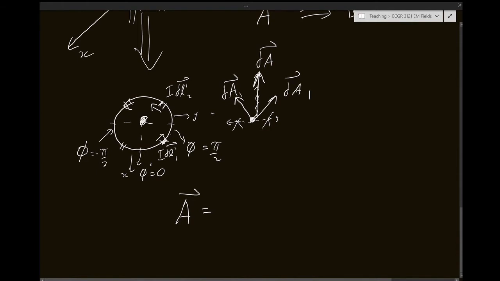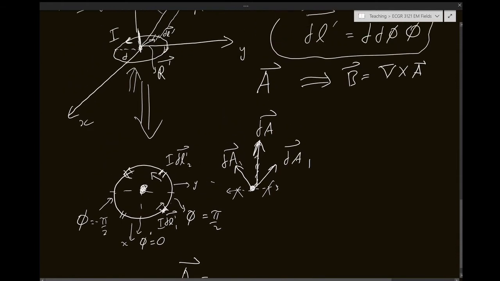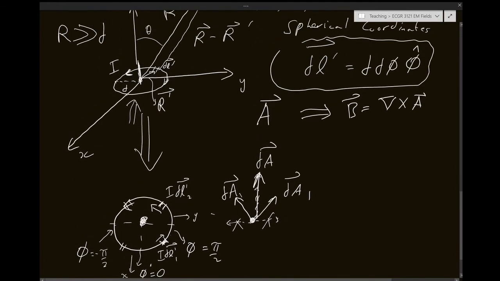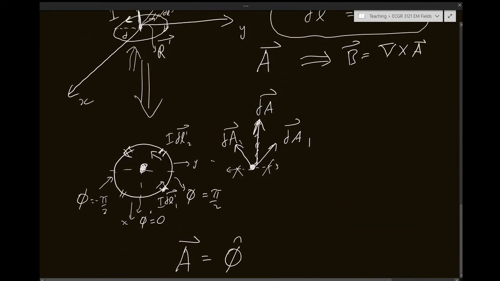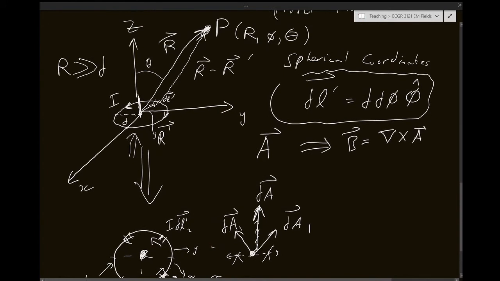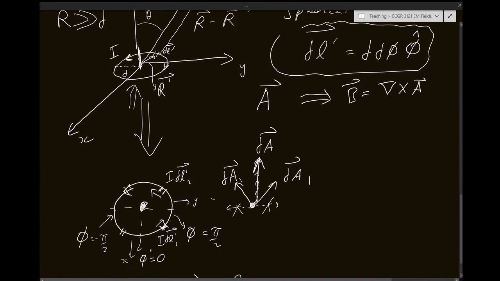okay? And A is always going to be in the direction of phi hat from the symmetry, right? So A is always going to be phi hat, right? It doesn't matter where I am, where the point is. The A is always going to be pointing in the same direction as dl prime, and dl prime will always be pointing in the direction of phi hat,